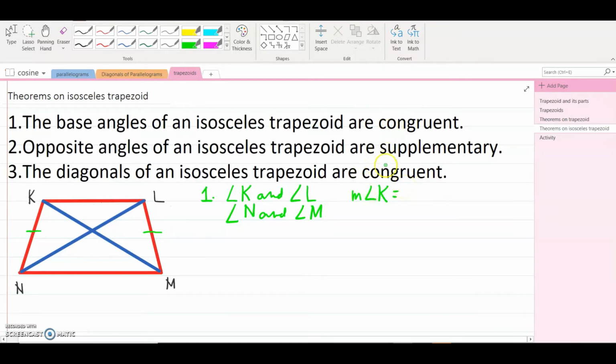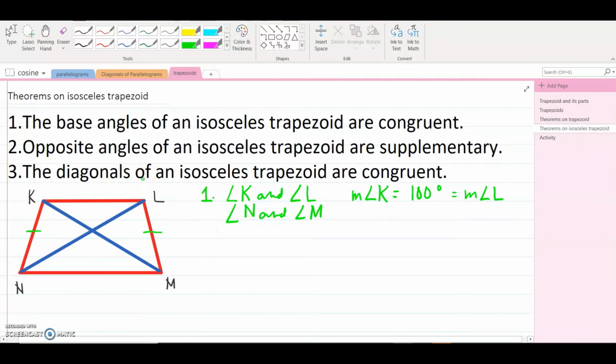Let's say 100 degrees. So if the measure of angle K is 100, then it is also the measure of angle L, since K and L are base angles. Whatever the measure of K, that will be the measure of angle L. The same with N and M. Okay. Now for number 2,